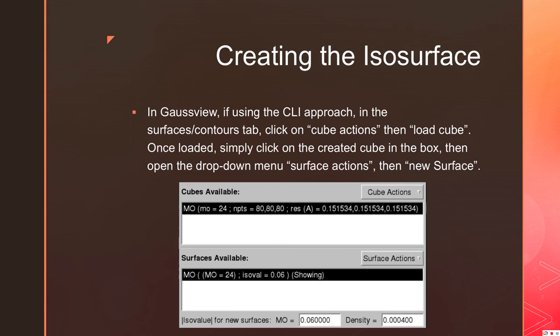In GaussView, which is the main software that I would use, you can also do this in Avogadro. I'm not sure if Vesta has that, as I'm not as proficient with Vesta as I am in GaussView and Avogadro, but you can create contours or surfaces of these molecular orbitals. So in GaussView,